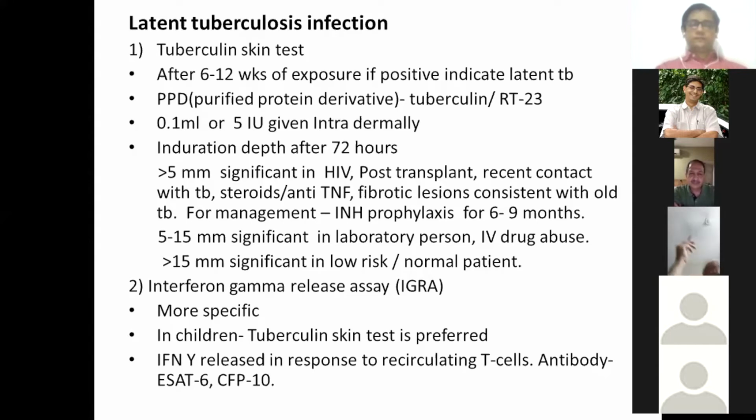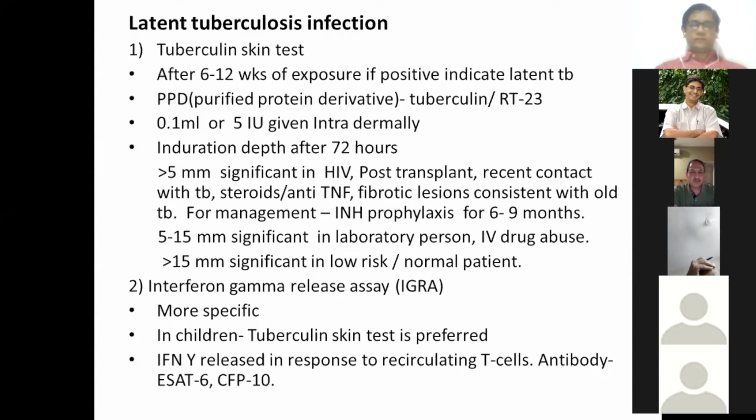TB Gold also, as Dr. Piyush rightly said, unless the patient is immunocompromised, you are suspecting tuberculosis clinically and you don't have any other evidence to prove that, these are some cases where you can take help of IGRA. Otherwise, IGRA also is not very helpful. In extrapulmonary TB, most of the times the patient will have some symptoms. TB in our country is not absolutely without symptoms.